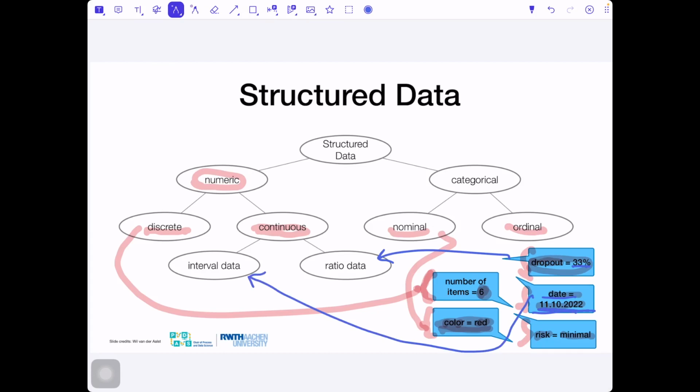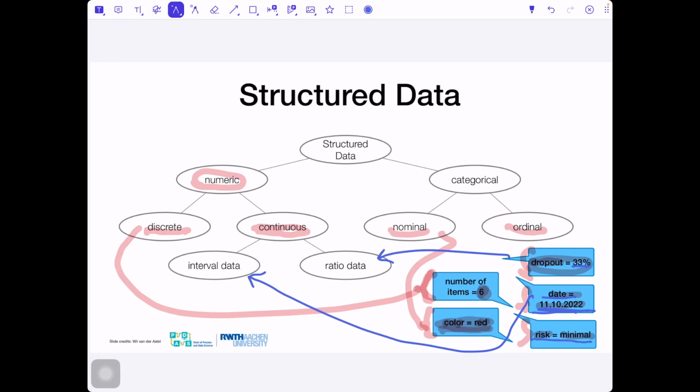It doesn't have a pure zero. We cannot say what the zero in the date is. We cannot say that, for example, tomorrow or 10 years from now is twice as much as something else. We don't have a logical zero. Okay, we can say the zero is the year after Christ was born. With the date, it's always difficult. The date always belongs to interval data.